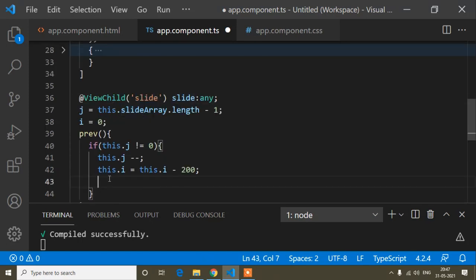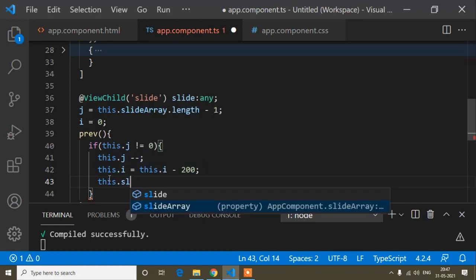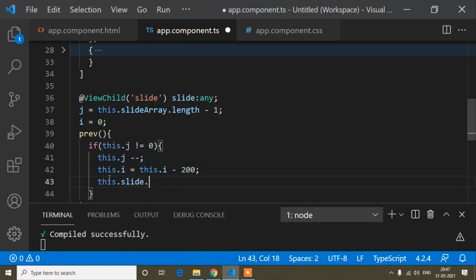So this i's value now I will write in this slide property, I mean now I will manipulate the DOM, so this.slide.nativeElement. When we use ViewChild, we cannot write this.slide.style directly.